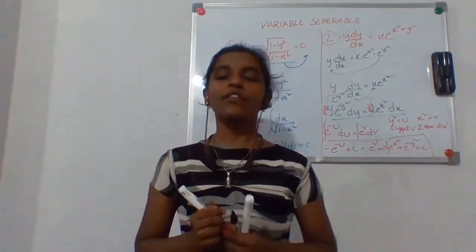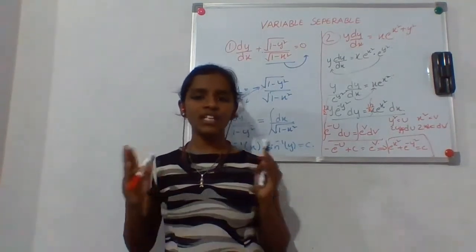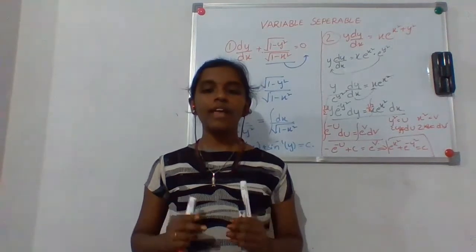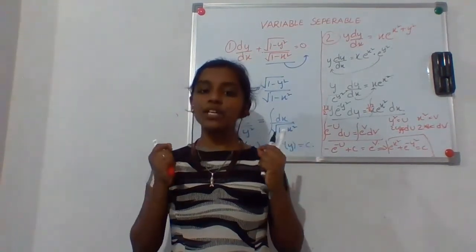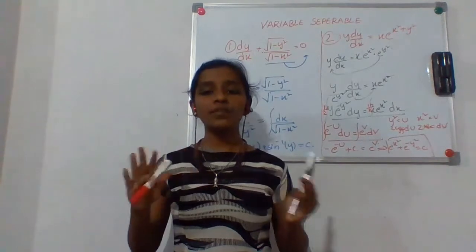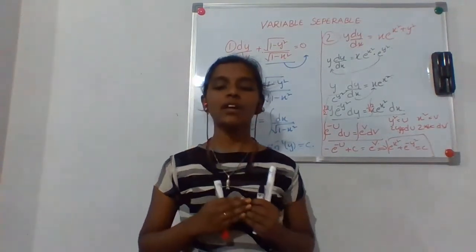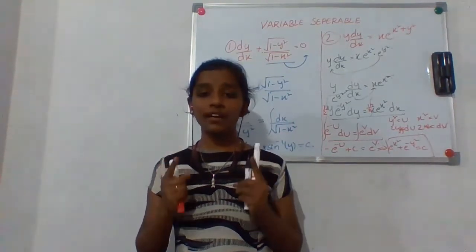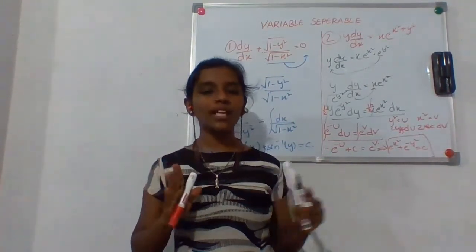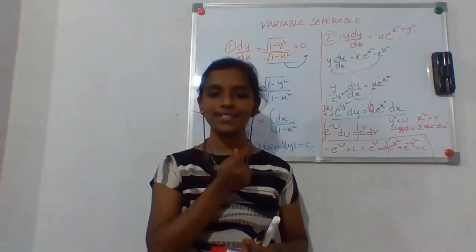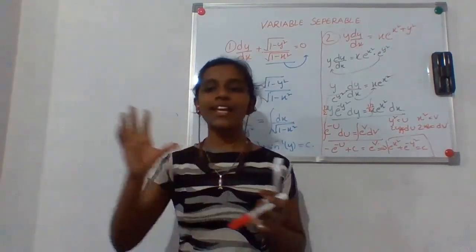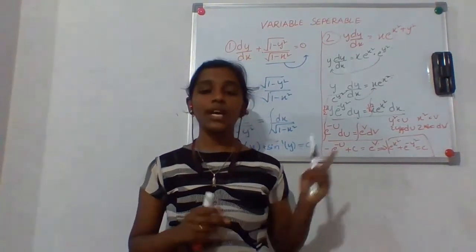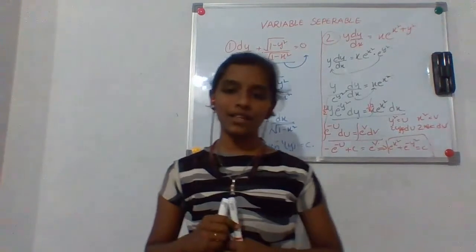Very easy. If you know the integration of each and everything, of any term, you know integration perfectly, then you are going to do differential equations very easily, because you do whole differential equations based upon the integration. So before doing differential equations, learn integrations very clearly. If you know all the integrations, variable separable is just this, because it is easy for you to bring all x terms on one side and y terms on one side. It's not too complex, right? So the variable separable method is the very easiest method of all.